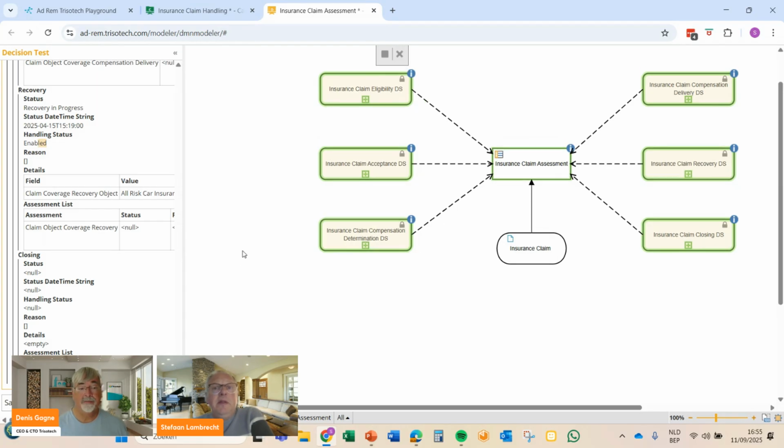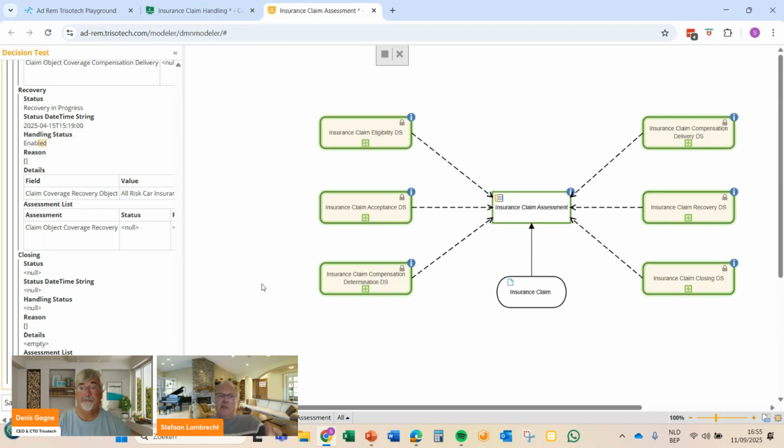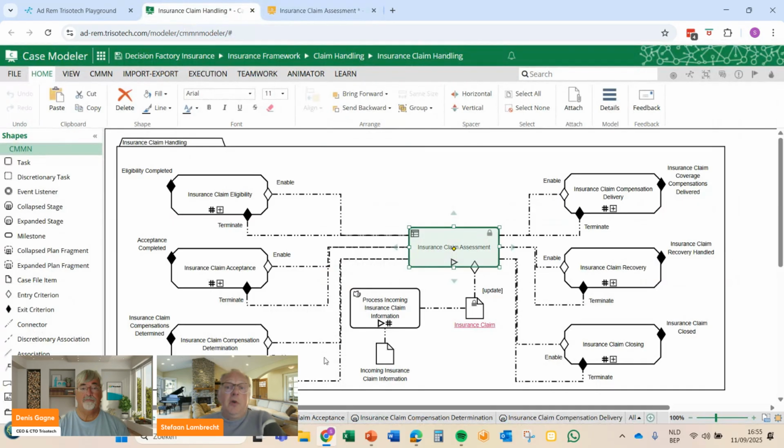Okay. Indeed. And that is, in fact, the only thing that needs to happen, because if we have the decision model on the one hand, and I'm going back to this, we include it in process or case handling logic, then we have everything to make it work.